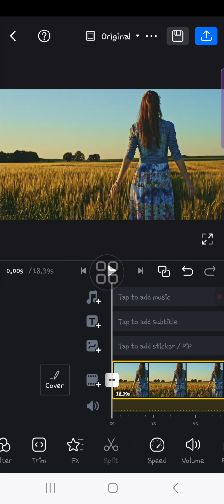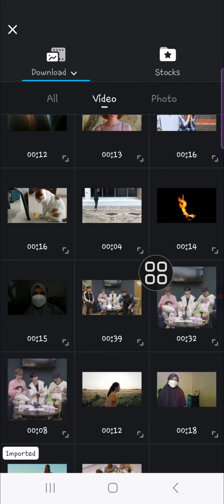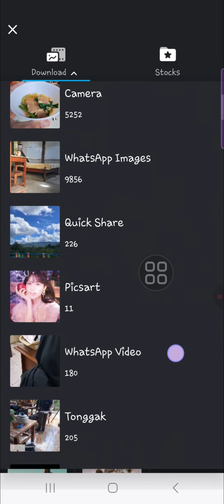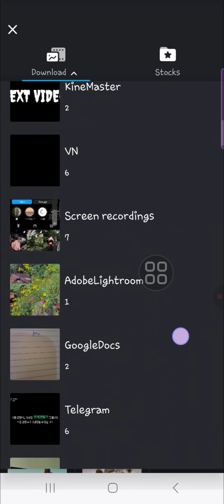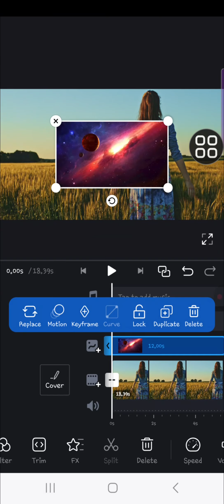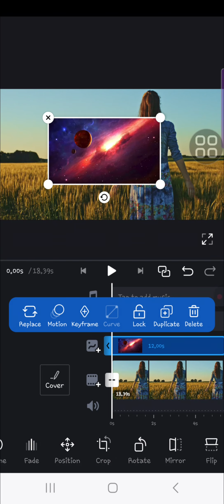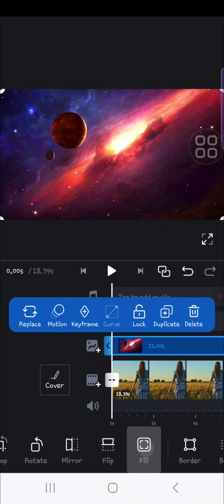So here I'm going to click on this PIP menu, okay, and select photos or videos. And for the second video, I'm going to choose from this folder or this album, and then I'm going to use this video. Okay, and then I'm going to click on fit button to fit the screen,